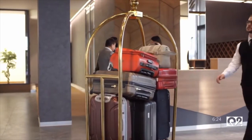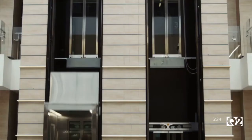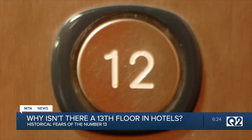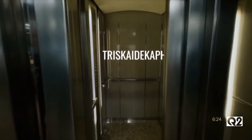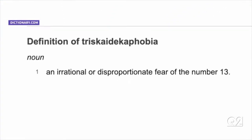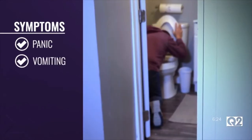Hotels in cities big and small have seemingly picked up on a long-time superstition. They'll skip over the not-so-lucky number 13 and go straight from 12 to floor 14. There's a word for why that is: triskaidekaphobia. Try saying that 3 times in a row. It's the severe fear of the number 13, and symptoms can range from feelings of panic to vomiting and difficulty